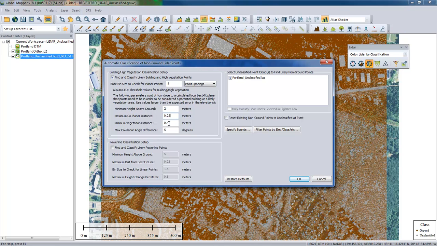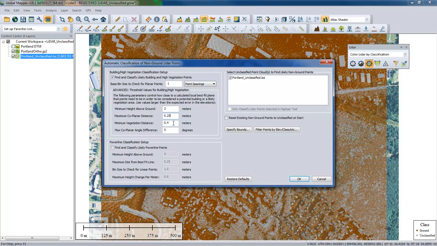For vegetation, we can just determine a minimum offset. Now, we would assume that most vegetation points do not occupy a surface. A tree is a fairly random structure. So we can establish a minimum vegetation distance. This is the offset threshold so that adjacent points would be considered vegetation. Obviously, this considers the geometric relationship of points with the neighboring points that are within the immediate vicinity. So this minimum vegetation distance, and again, trial and error in my case, 0.4 meters is what I've established here,